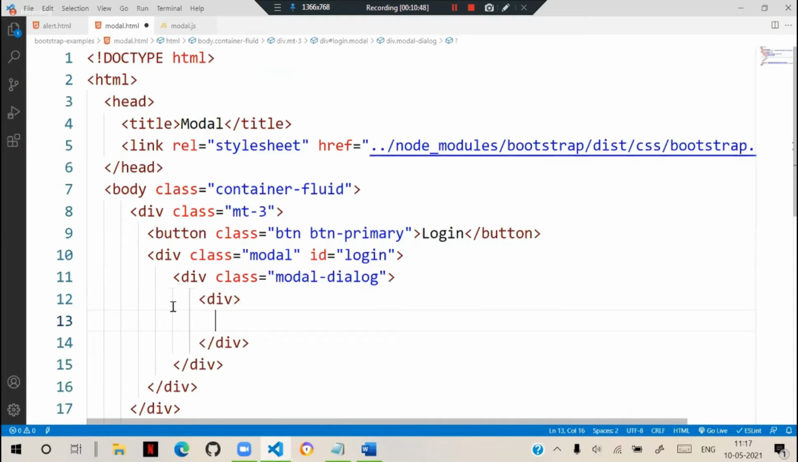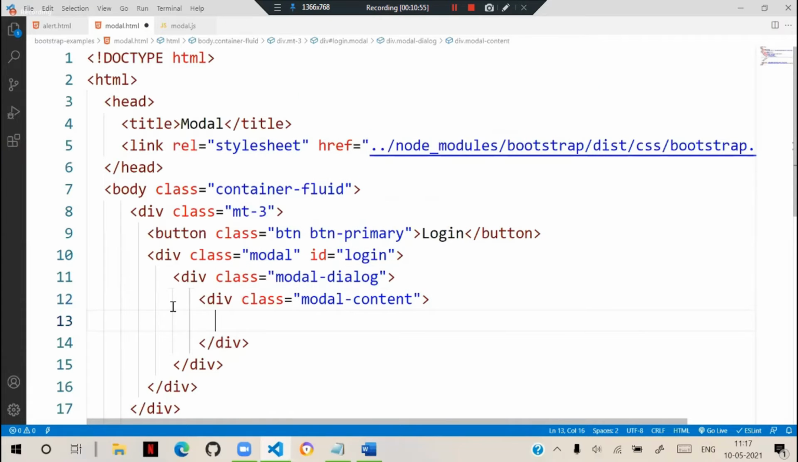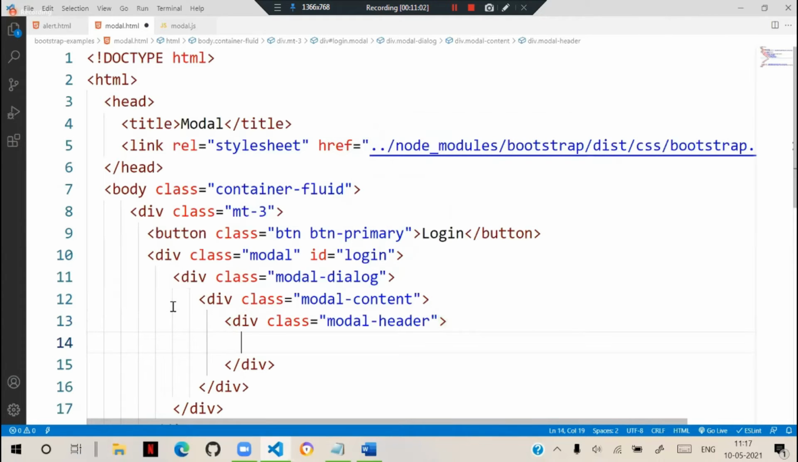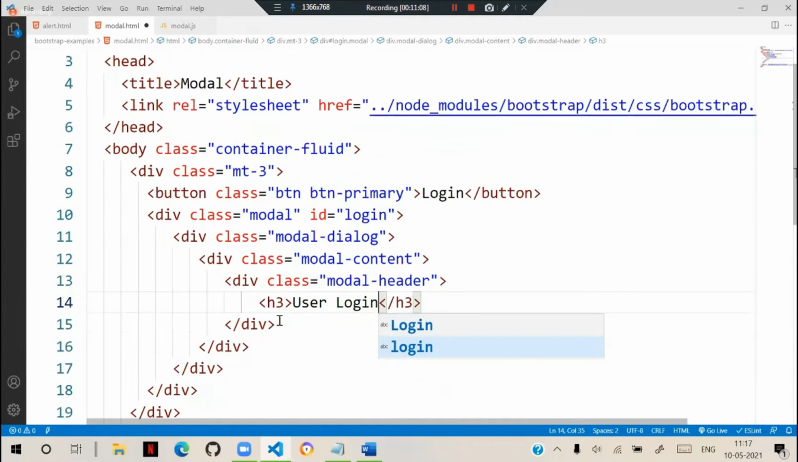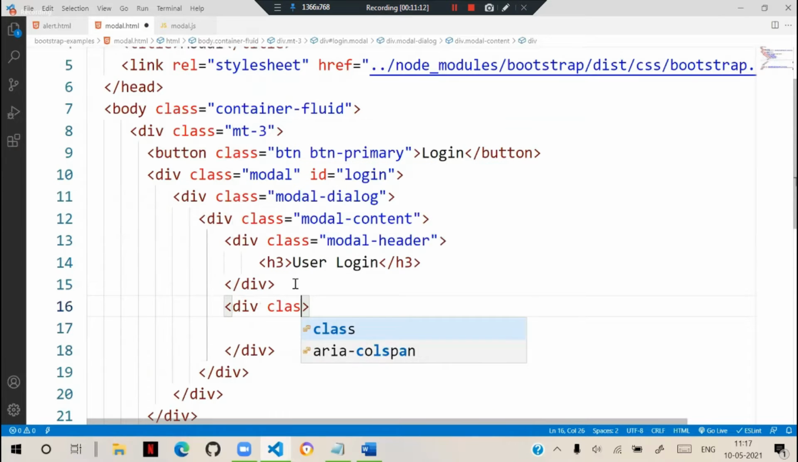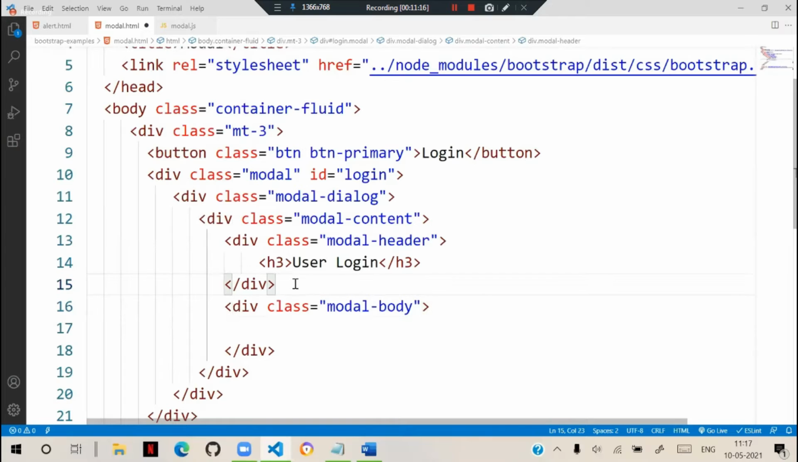Inside that we will have another div with class modal-content. Inside the modal-content, you have to design the class modal-header, and in that I keep a heading, user login. And here we need to keep another div with the class modal-body. Inside this body, you can add a